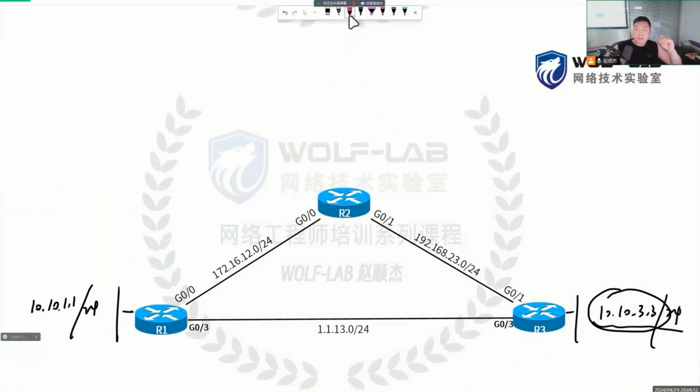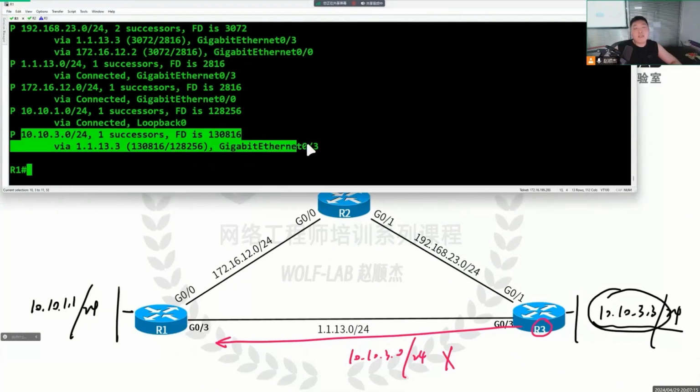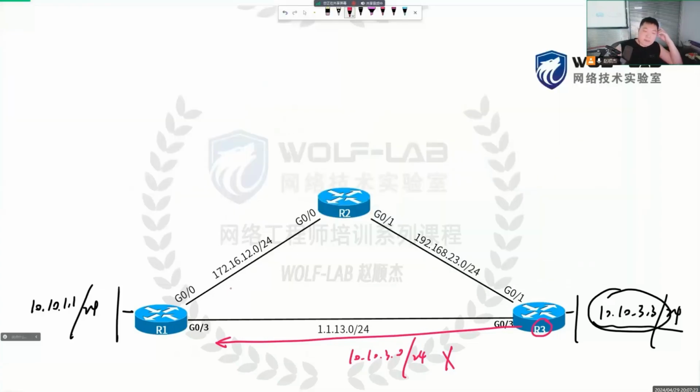Then, without a successor or backup, I will immediately send to all neighbors a query packet. I will also send a query to R3. The destination address will be our EIGRP multicast address 224.0.0.10 to ask about this lost route. The 10.10.3.0 route entry. So, do you have any clues? Can this route entry still be used? Can it still forward? Then, the neighbor router